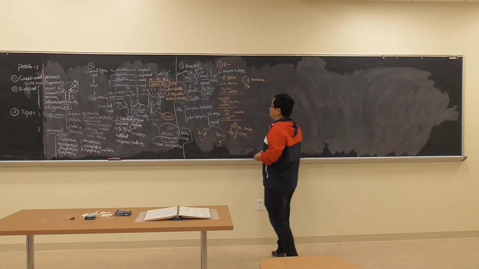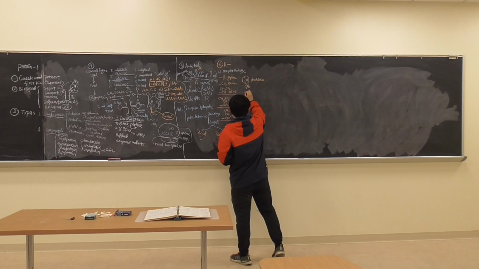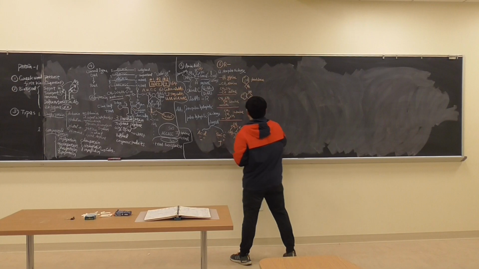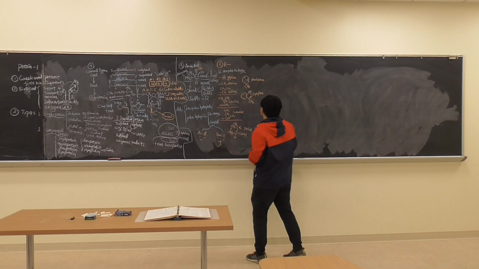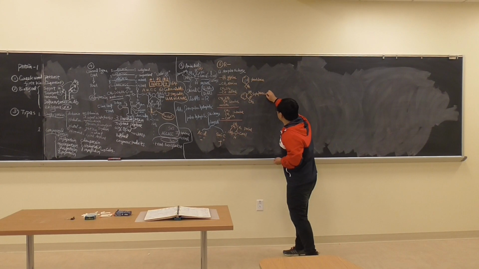Okay, the next one is more difficult. Lots of people don't like it, and I don't like it too, because it's too complicated. It looks kind of like this. Go here, here, here, NH. Okay, then you go here, CH2. What is this called? Tryptophan. Tryptophan we will mention again, okay? A little bit more, tryptophan.